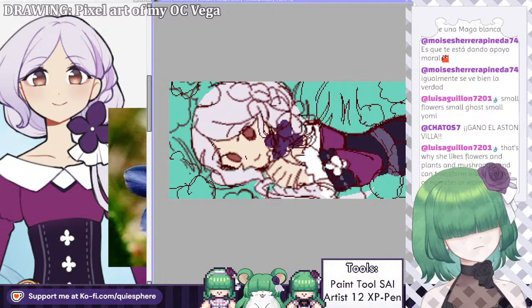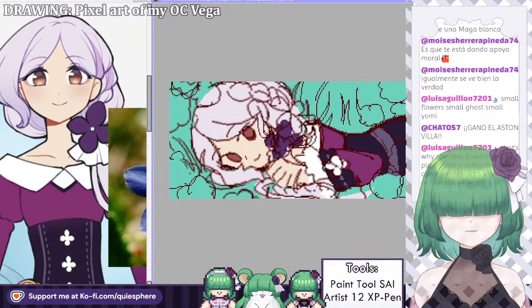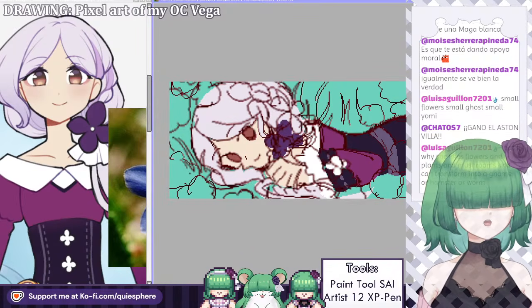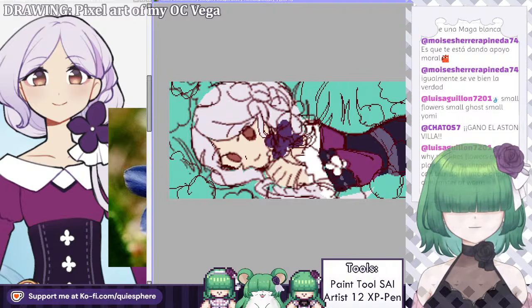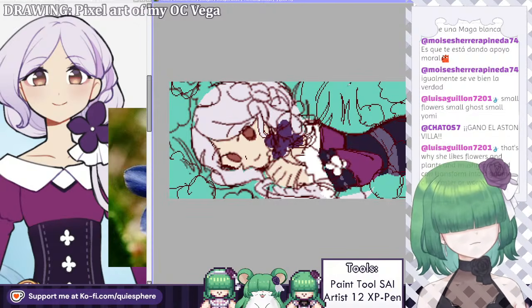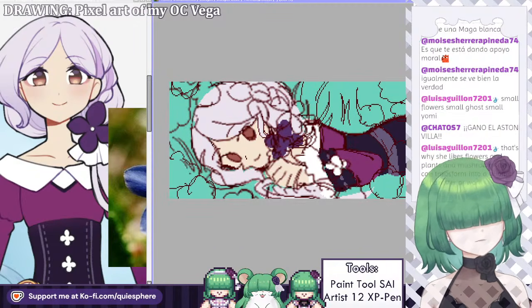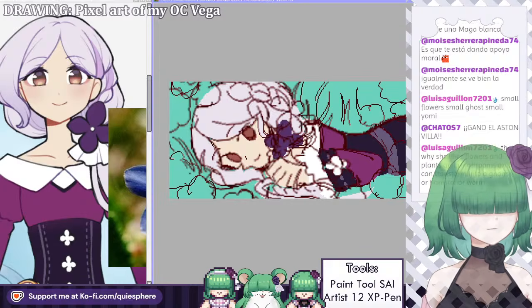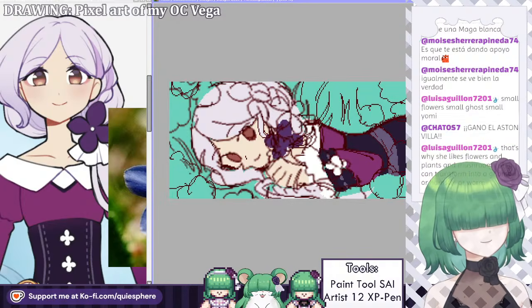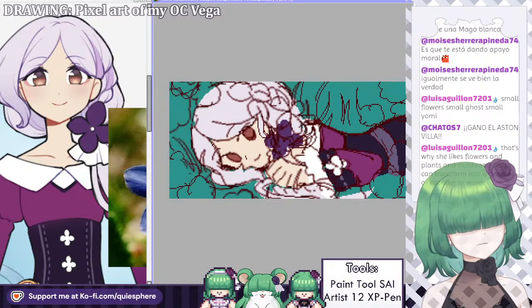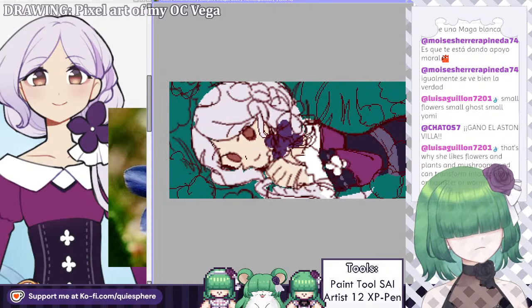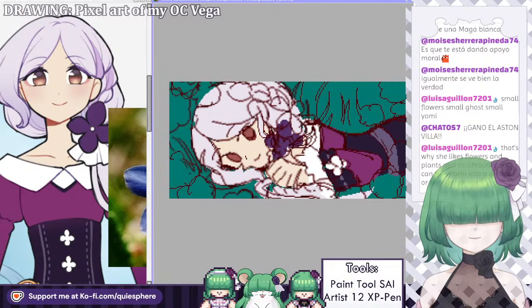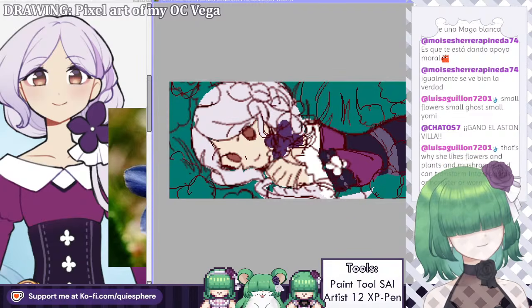Color of the background also. I think it's what I'm gonna struggle with the most, because her palette, I know how to do her color palette, but the background right now is teal colors, stands out quite a bit. But if we wanna go more on the green side, let's try to figure this out.